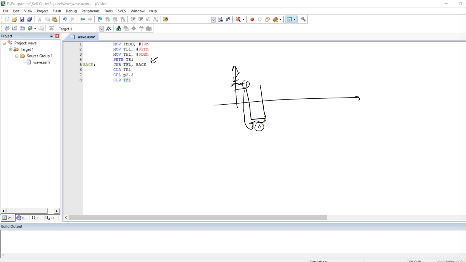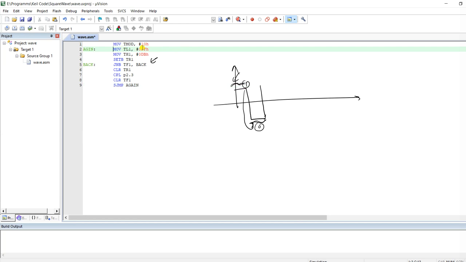So for this, we will use SJMP, that is, an unconditional jump statement. I will write here SJMP again, and we will give the label here in line number 2, because after completing the cycle it has to return here again and again without any condition.